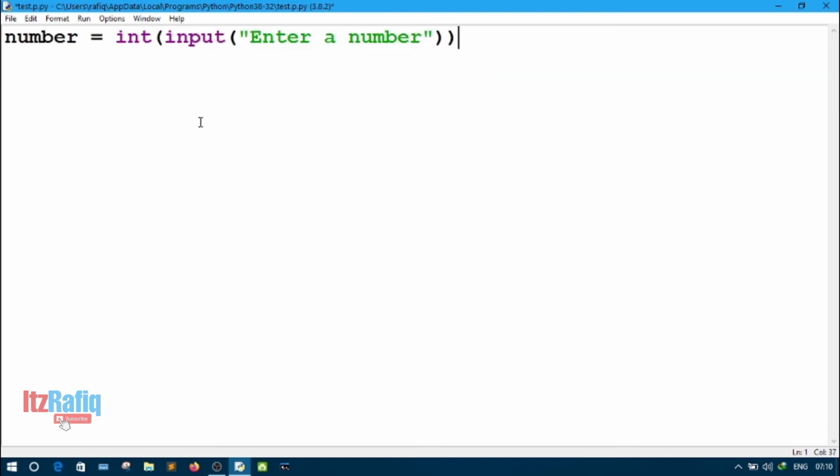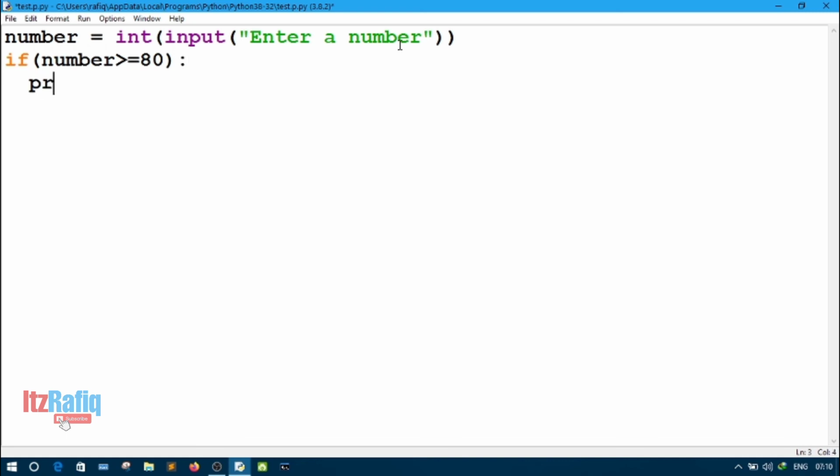We'll close the bracket 2 times because I have started 2 times. Here the int function will convert whatever value we entered into an integer. That's why I am writing int. Now we'll use the condition: if number greater than or equal to 80,